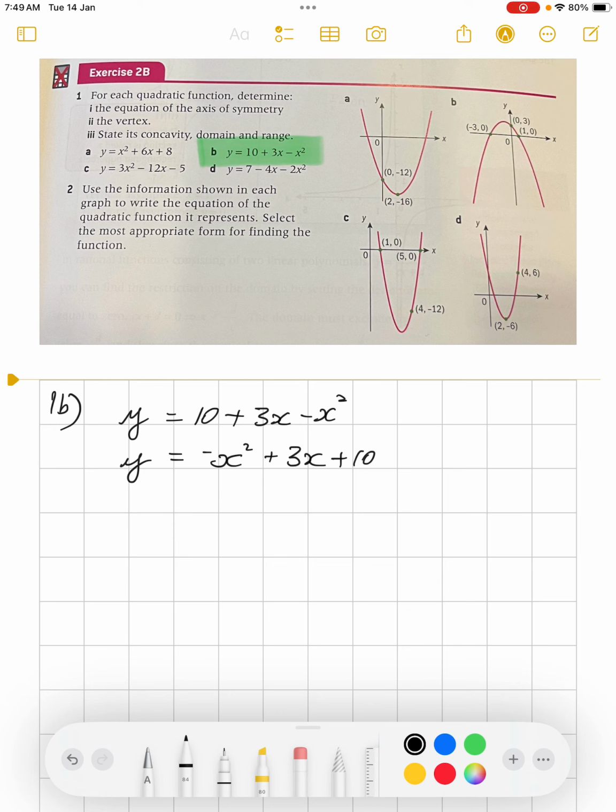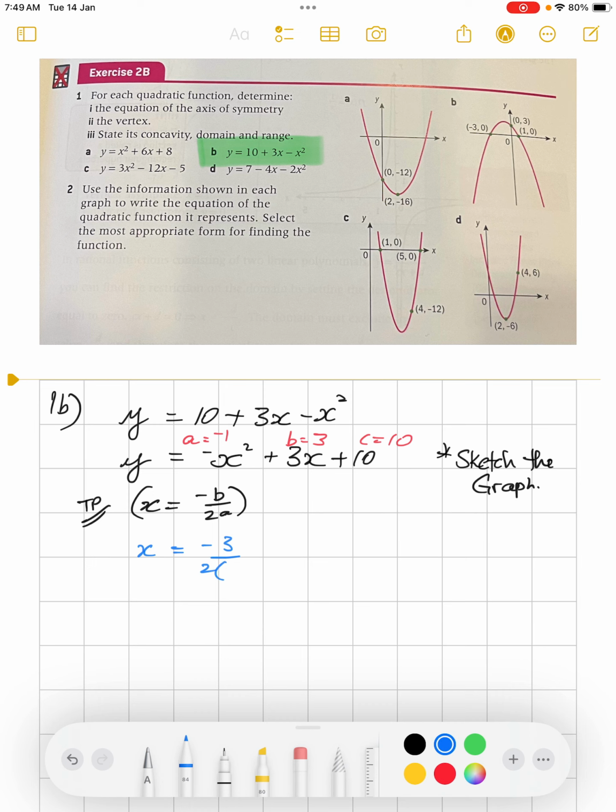Now, if you saw question 1a, I used completing the square. For this method, I'm going to sketch the graph and then answer the questions from the sketch. And to sketch the graph, I'll find the turning point first. The turning point is found when x equals negative b over 2a. So let's say that a equals negative 1, b equals 3, c equals 10. So it's going to turn at x equals negative 3 over 2 times negative 1, which is 3 over 2,